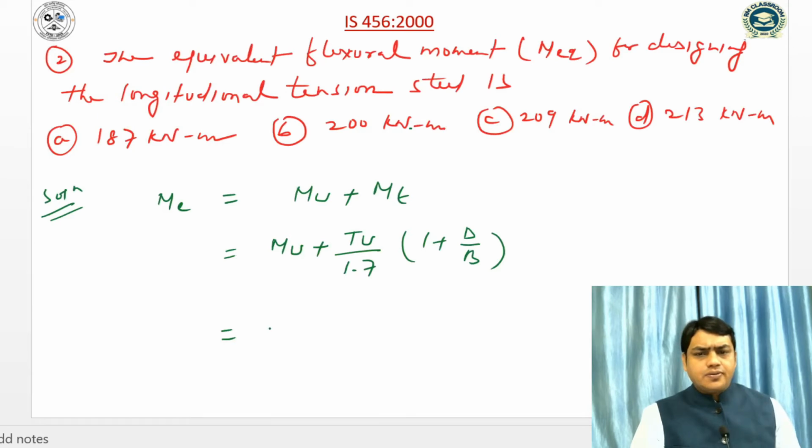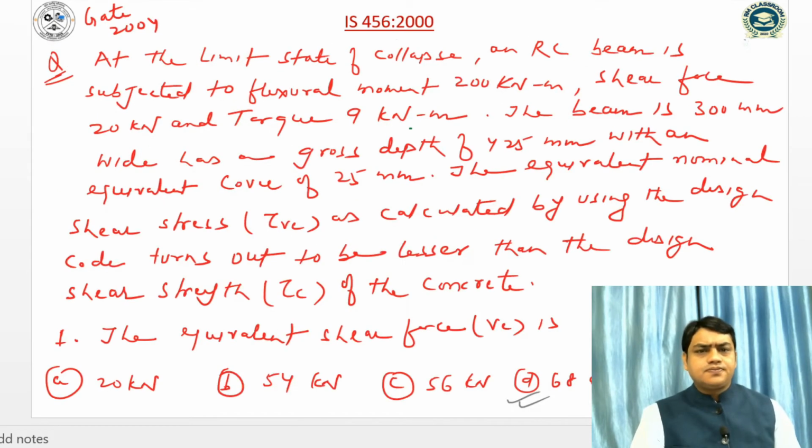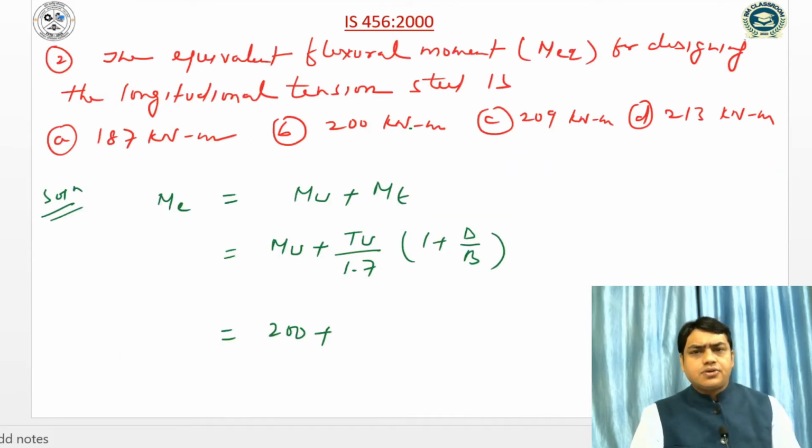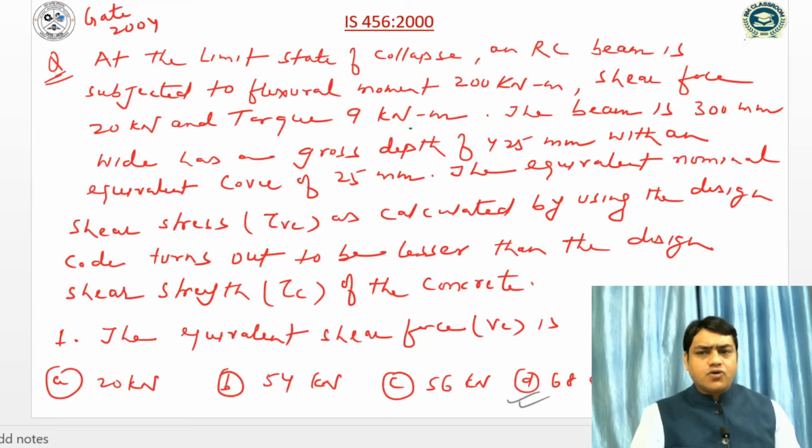So 200 plus TU is 9 kilonewton meter. So 9 divided by 1.7, 1 plus overall depth of the beam is given, that is 425